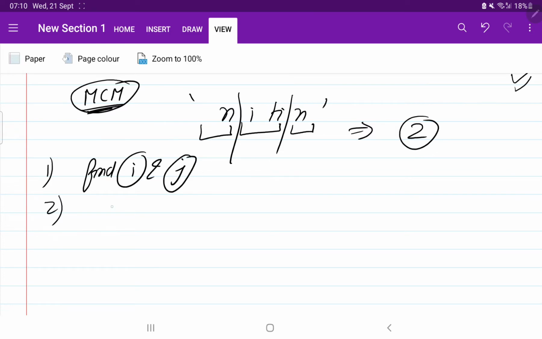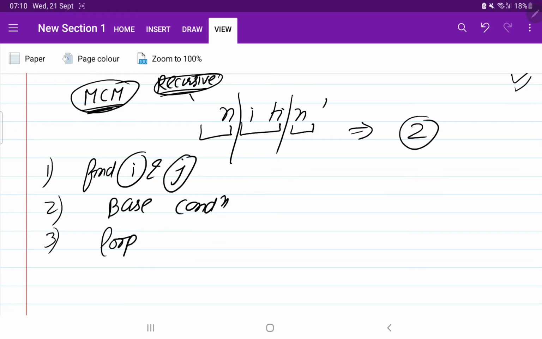The second step is to find the base condition, because we are going to see the recursive approach in this video. Later on I am going to tell you the top down and memoization approach. Then we need to find the loop for K, meaning K is the partitions, how we are going to do partitions, and where K will start. It will start from I or I plus 1, and go till J or J minus 1.